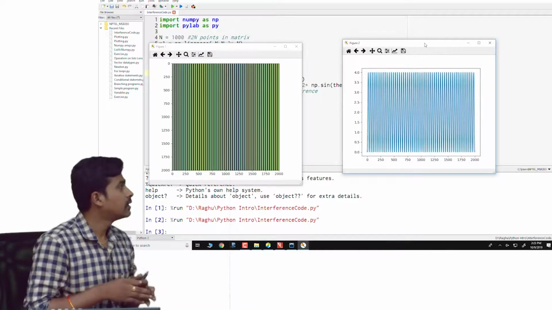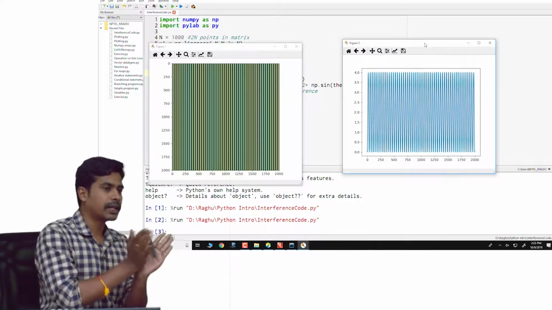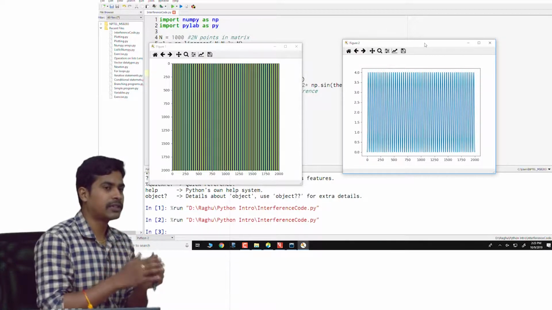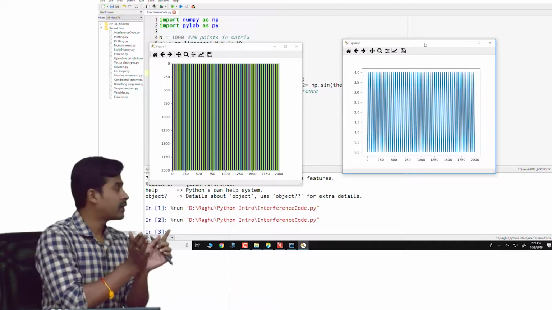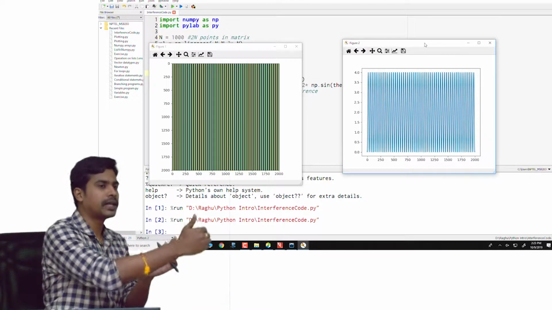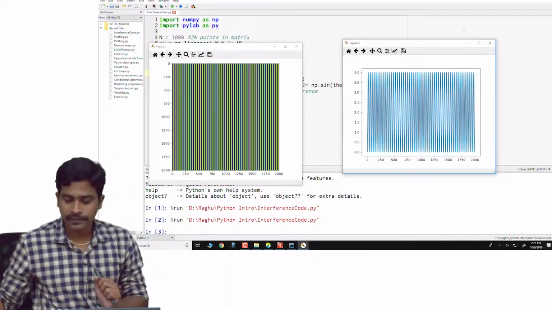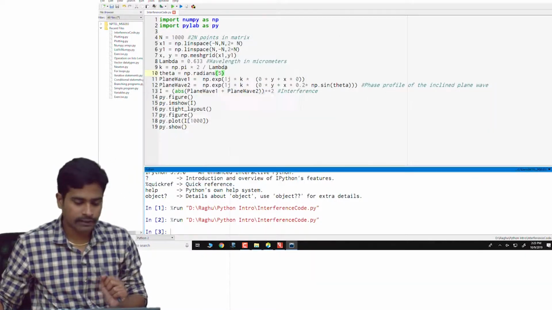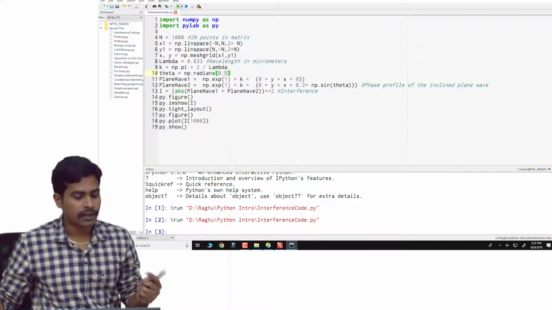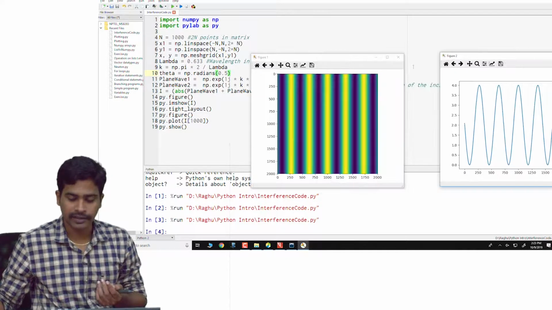It is very easy, because when the angle is increasing, the path difference is also increasing. Since phase can only have values between 0 and 2 pi, if the path difference is increasing, the number of 2 pi's in that path difference is going to increase. That is the reason for this large number of fringes. Similarly, you can give a smaller angle, say 0.5, and obviously you will now see a lesser number of fringes compared to the previous case.